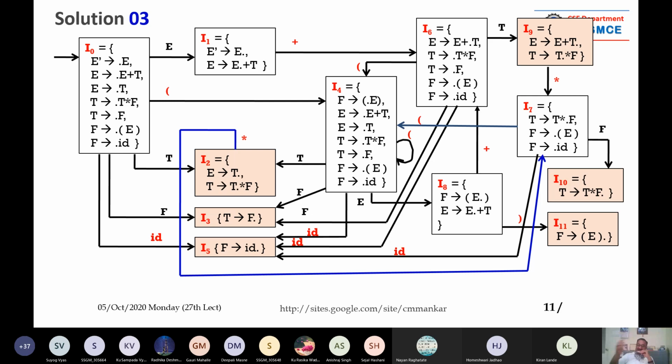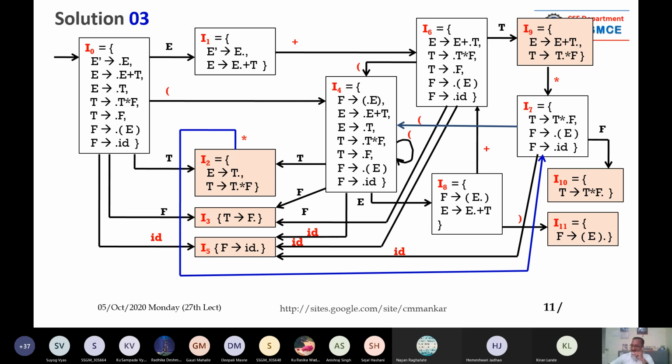But see here, dots are there. So we know the RHS where the dot is at the end, and we know the LHS. Recall that the LHS is nothing but a handle, and the RHS is a sentential form, or you can call it a viable prefix. Anyway, I will not talk about the viable prefix now. I will talk about it in detail in the next session.